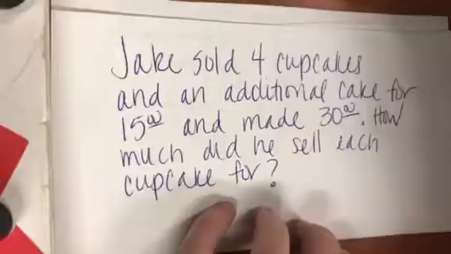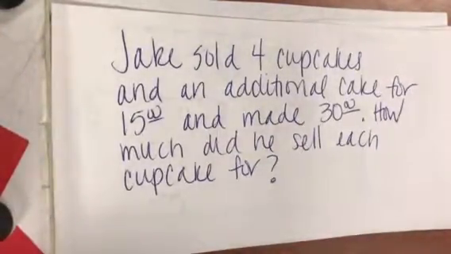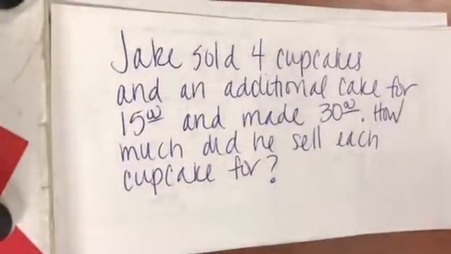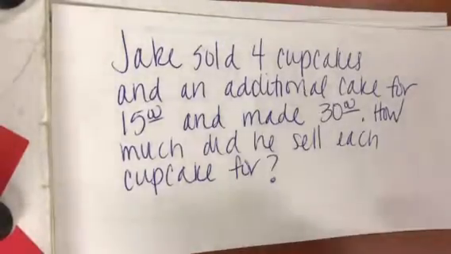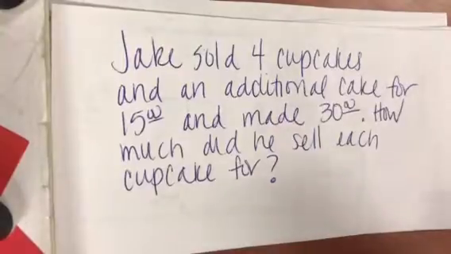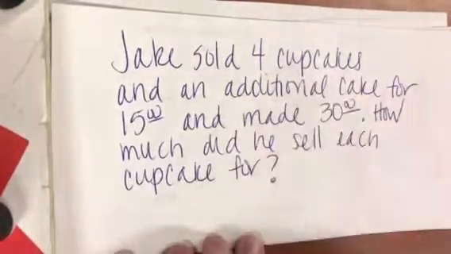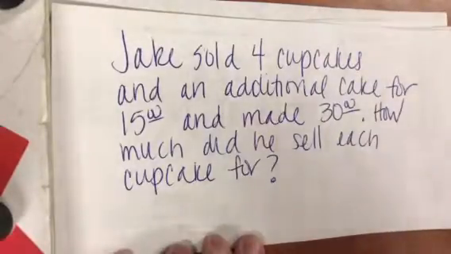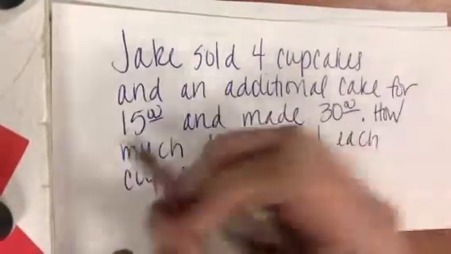So Jake sold 4 cupcakes and an additional cake for $15 and made $30. How much did he sell each cupcake for? This is basically just, we're writing the equation. We know he sold cupcakes and we know he sold the cake for $15. We also know he spent $30 total. So do we know how much each cupcake cost? No. So is that my variable? That's what we're looking for. That would be the variable. So I'm going to do 4x plus the amount of the cake